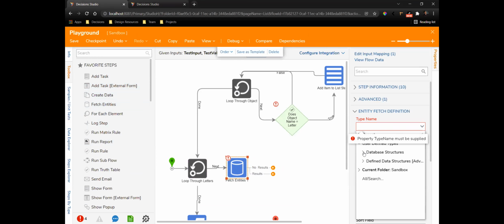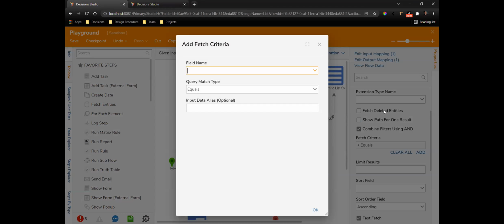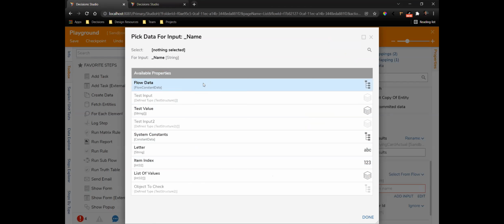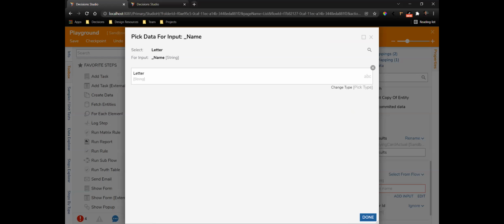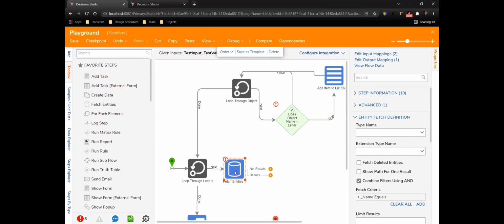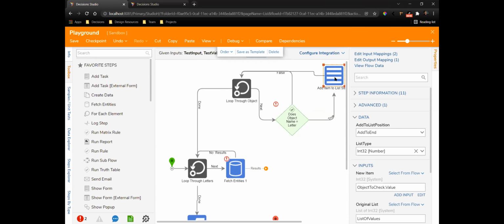There we go. Okay. And then we're going to add our fetch criteria. So we've selected by type. We're going to add our fetch criteria, name equals. And again, we're looping through each one of those letters, right? Where the name equals that letter that we're passing in. So if we don't receive any results, there's nothing inside of our database that equals that. So we can safely move on to the next. Yeah, that makes sense. If there are, right, then we can